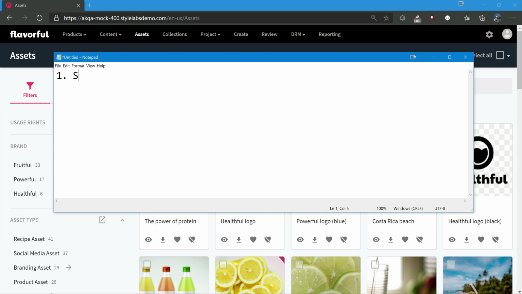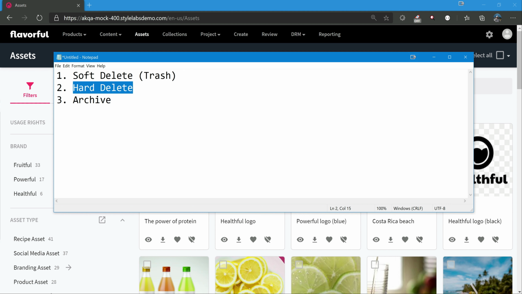One is soft delete and the other is hard delete. The third one is archive. Archive is not exactly delete, but it's kind of a variant. Soft delete is similar to how the recycle bin works in Windows. If we do a soft delete, it will move to trash, and from trash it will clear up after a certain number of days. That number is configured. Hard delete is like immediately it gets deleted.